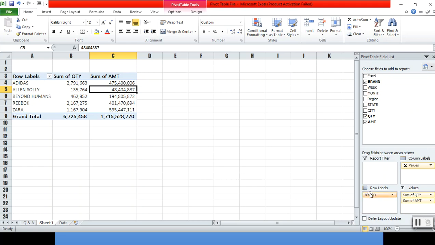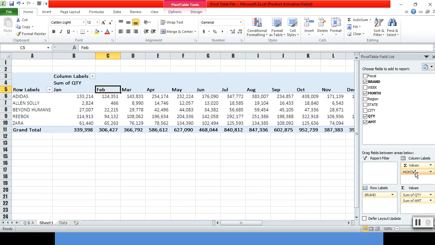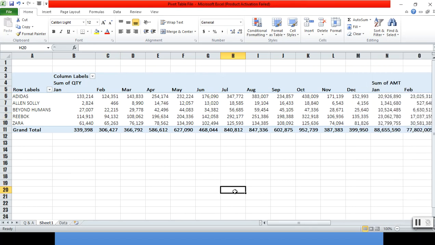Let me put brand in the row itself, and let me put month in the column, right? Which has been said in our practice. So here, whenever I put month in the column, you can see that the months pop up in the column section. Let me close the pivot table value field setting. And here, once I place the month in the column section and the brand in the row section, this gives me the